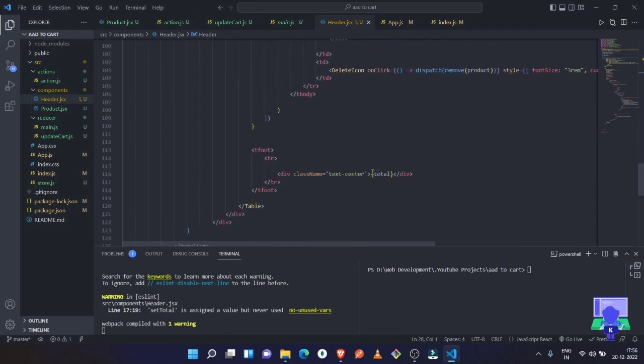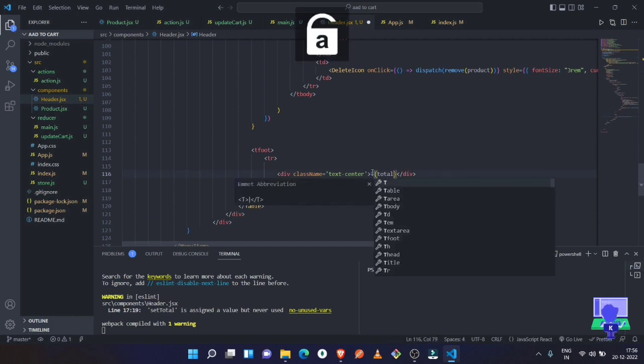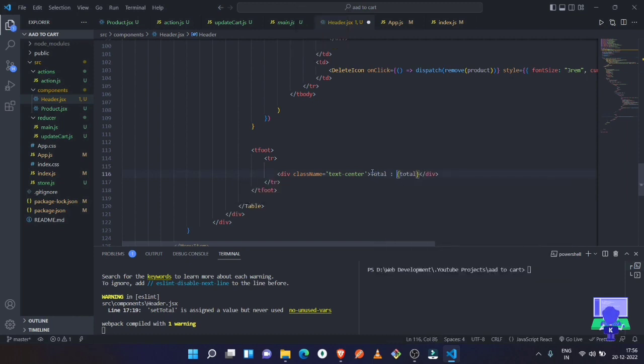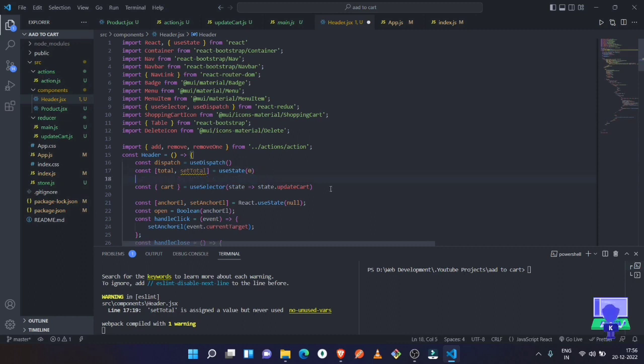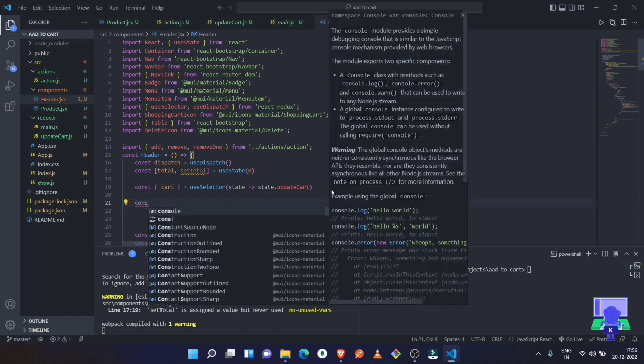And now let's write here total and a dollar symbol. Here we are going to do a very interesting thing, which is we have to perform the map operation on this cart. Before that, we just need to make a function inside which we're going to set our total whenever this page reloads. So make a function here, const